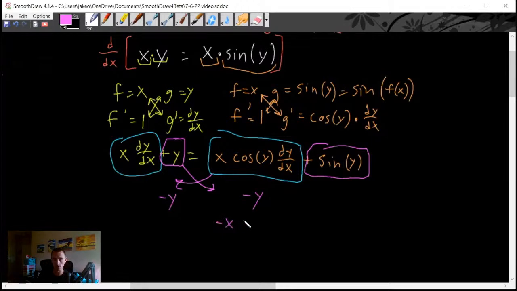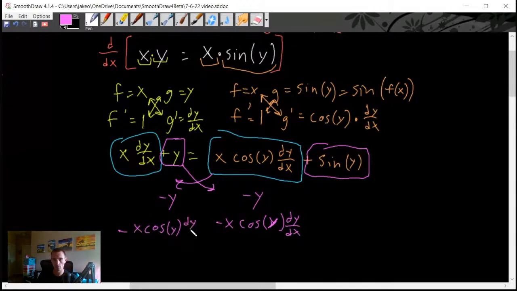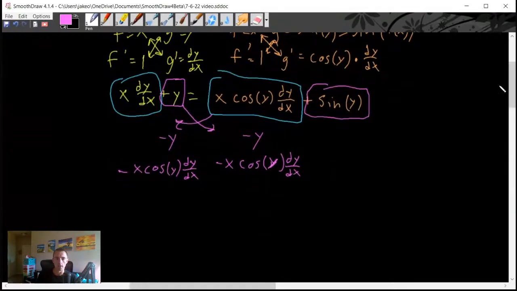So minus that from both sides. And what that's going to do is the y is going to cancel there. The negative x cosine y dy dx is going to cancel with the x cosine y dy dx. So we're just going to be left with, at that point,